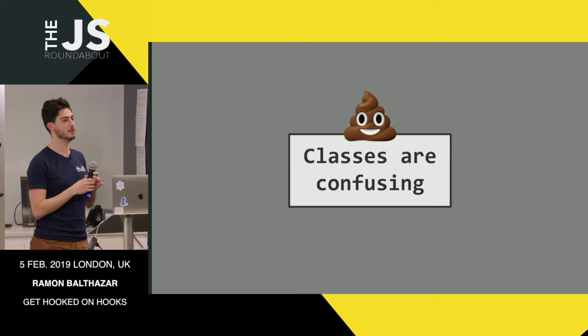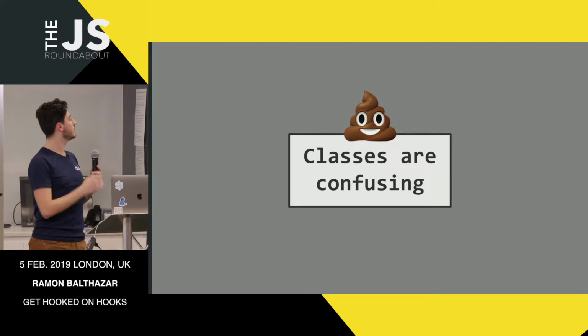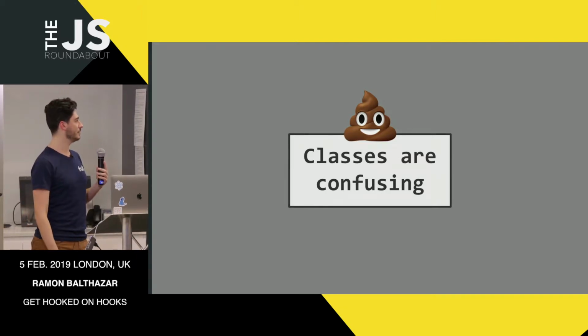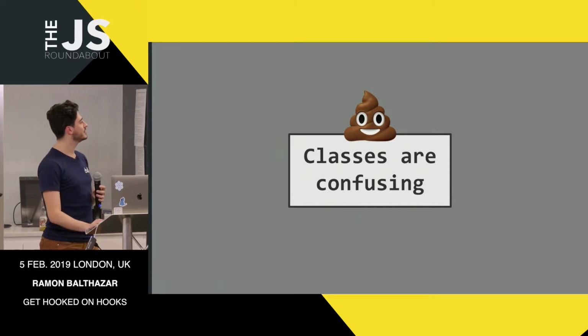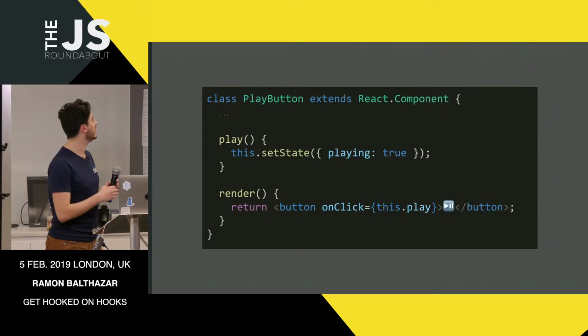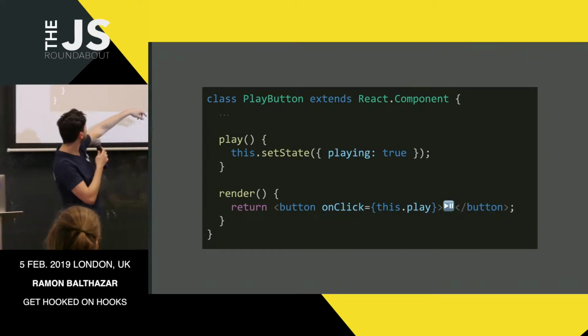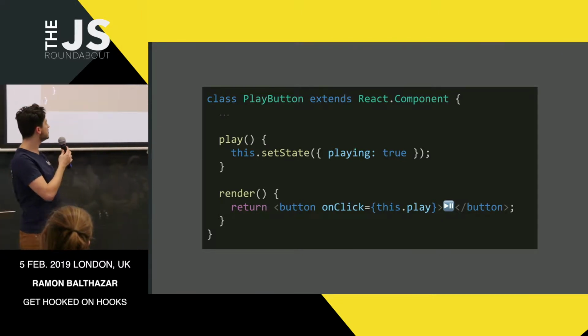Of course, I mean, I've been developing with React for 2 years already, and I'm pretty sure what happens here, and a lot of people here do too. But picture yourself back when you just began developing with React. Say you want to do a stateful component. So you wanted a play button. You wanted a button that when you would click, it would set some state to playing.